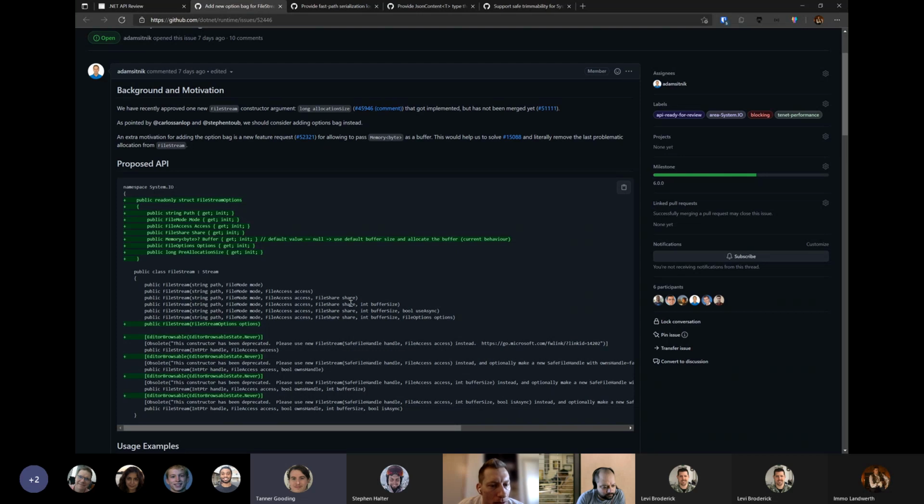That's true. It's just a question of, do you want to have a short-lived allocation that we're going to immediately throw away, or do you want to have a long-lived allocation that's going to live as long as the file stream does? To be perfectly honest, I'm totally fine with making a bunch of short-lived allocations because that's really the job of the JIT to make sure that those never end up on the heap. That's not happening today, and it's not an easy problem. I realize that, but